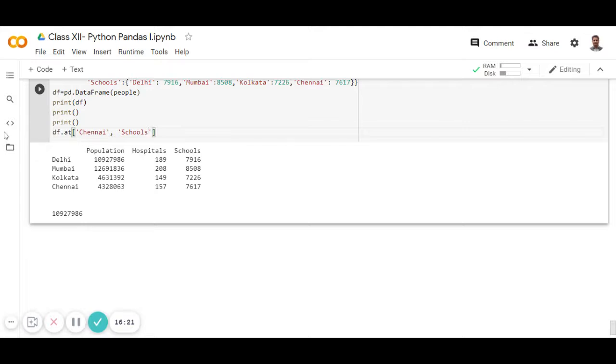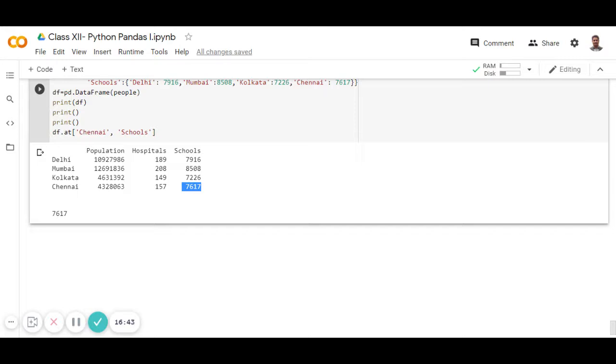Okay, so you can see that it will show the number of schools in Chennai. The number of schools in Chennai is 7616. So you can find it like that.